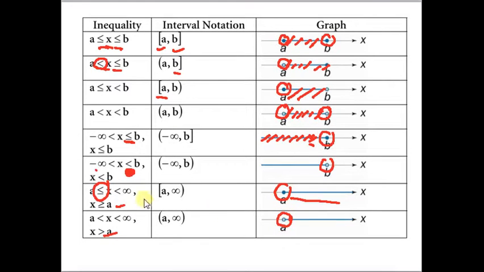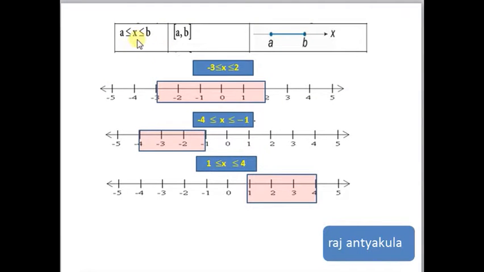So in the exams, they will give an inequality and ask which of the following graphs represents the given inequality. So you have to be careful here. One by one. What is the given inequality? a less than or equal to x less than or equal to b. Now what is given? Less than or equal to, it means a is included and b is also included. For that reason, we are giving closed brackets.